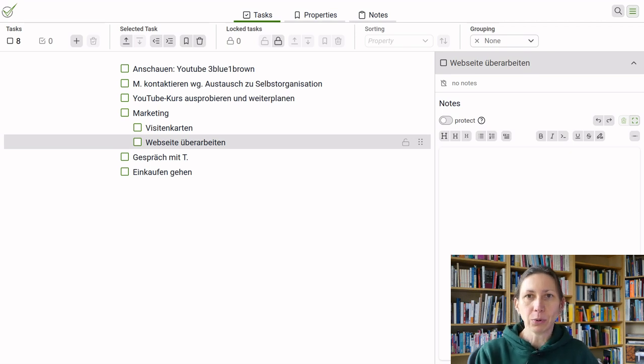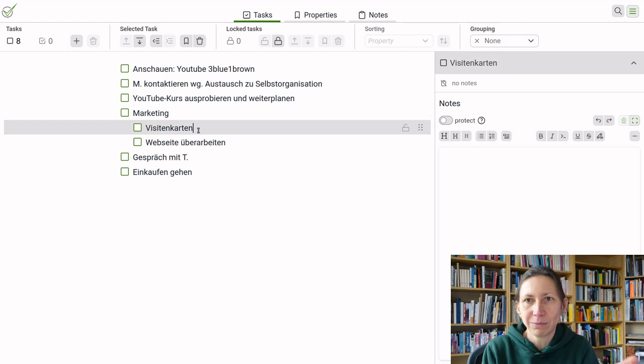Another thing that is pretty important is that you can add more information to your tasks. Yesterday I advised you to take things from emails and other sources and put them in here. But often having just a few words on our to-do list doesn't tell us a lot, especially if we have started on something and want to continue, we might want more information. And you can use the notes field here on the side to add that information.